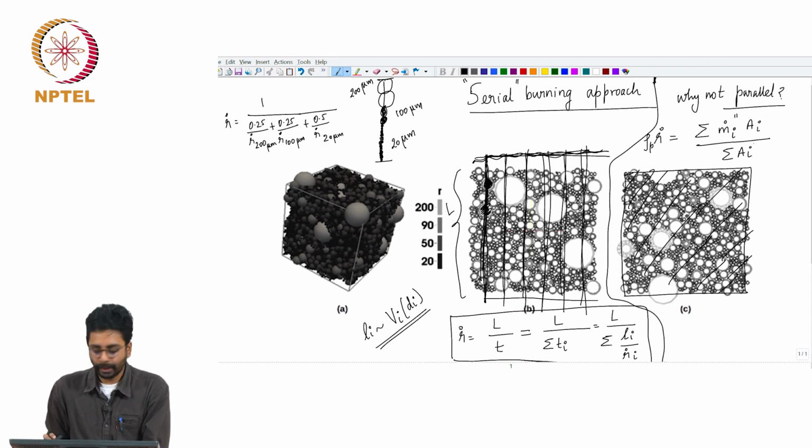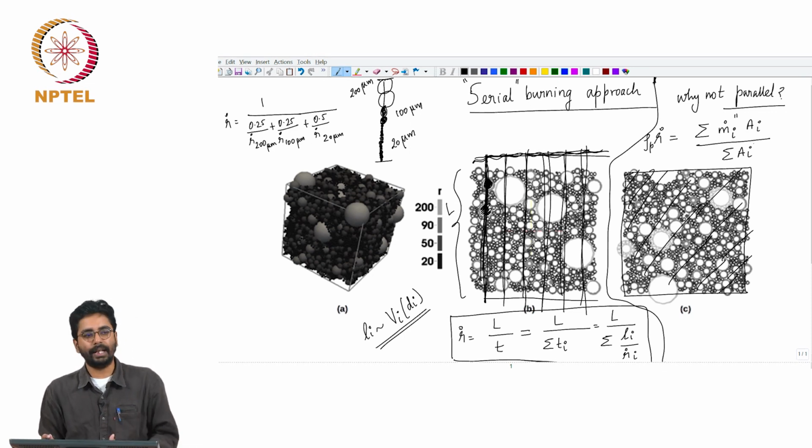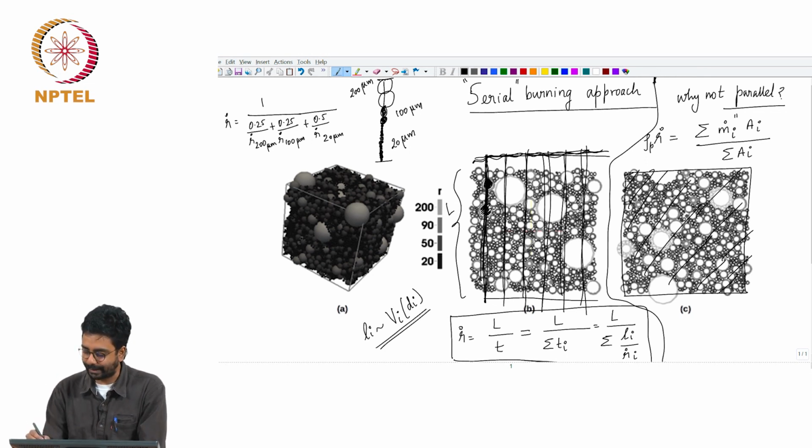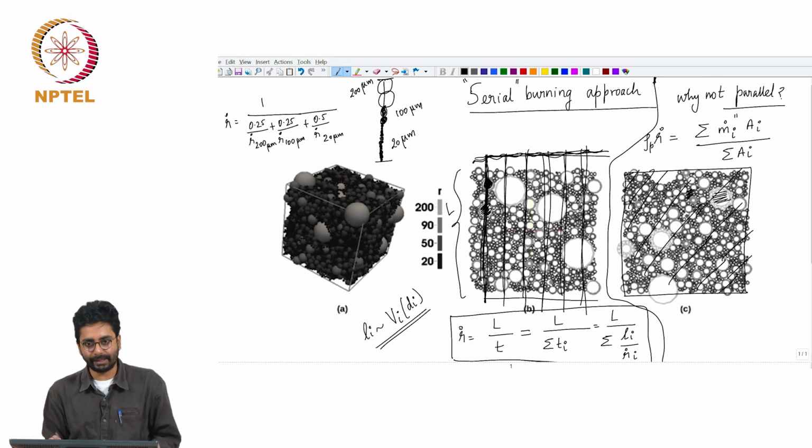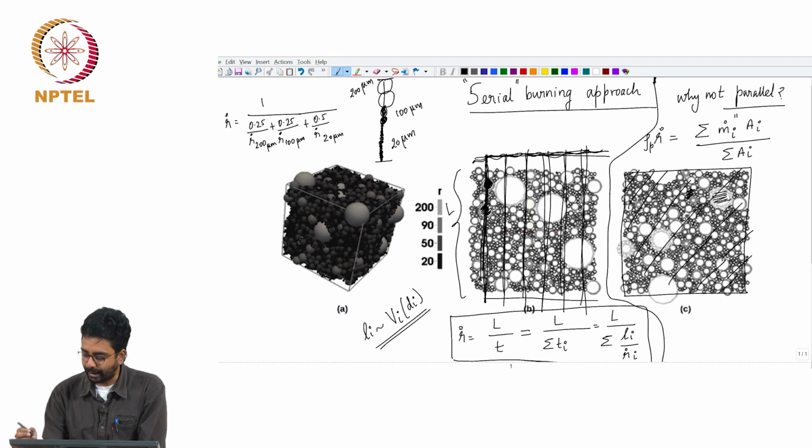Okay. So, here also of course the heterogeneity is accounted for. For example, you have different particles, here you have a large particle, here you have some small particles, okay, they will burn at different rates. Okay. And for example, it is possible that the larger particles which are AP rich will burn at a rate that is closer to that of AP. Moderate size particles which are almost stoichiometrically mixed will contribute a lot of mass flux, and very small particles which are fuel rich may contribute less mass flux than the stoichiometric.